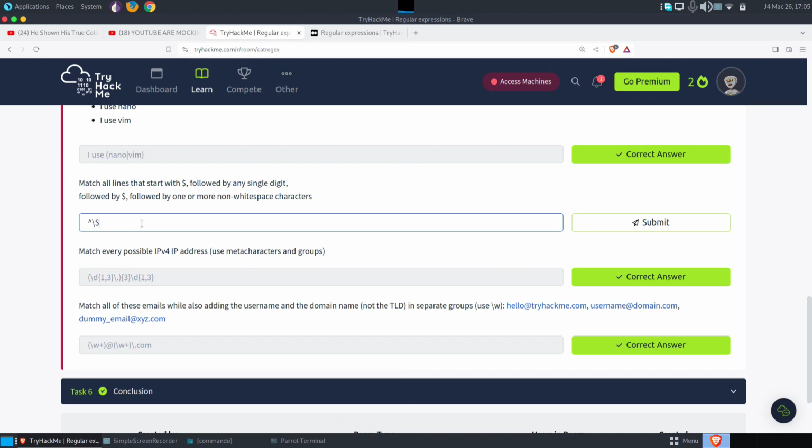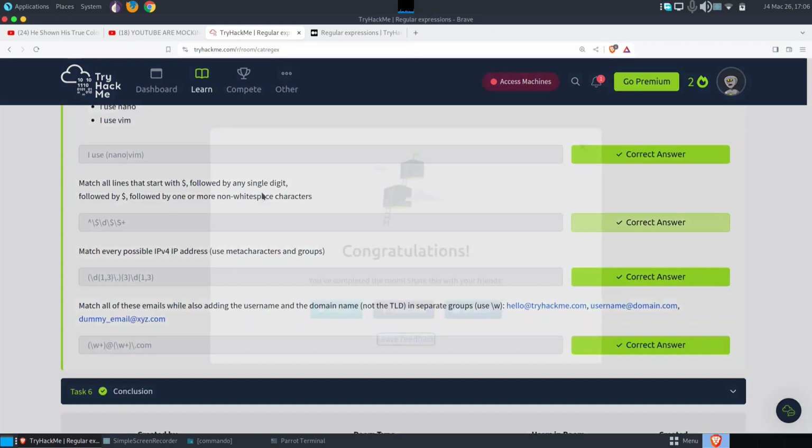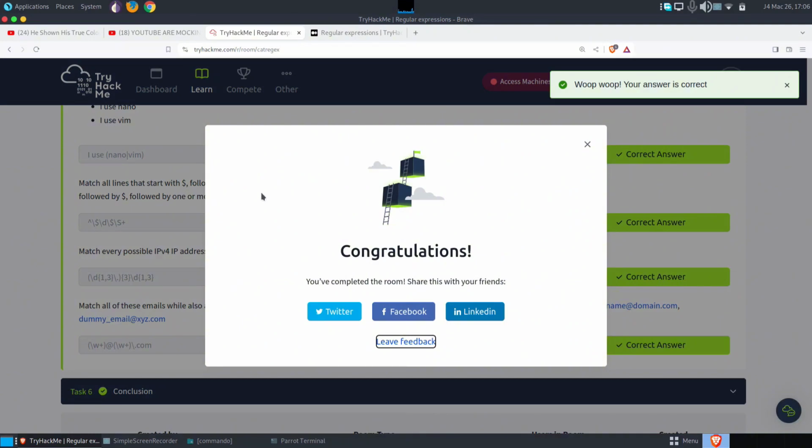Disable it first, like that, and then followed by any single digit, like this, \d, which is any single digit. Then followed by that again, we need to disable it, and after that we need to follow by one or many non-white spaces. So we're going plus. Yeah, it is still wrong. Why is it still wrong? Okay, we do this one. We go to \d, like this one. Okay, what if I do it like this? It is correct. So we just need to put \d like that, and like that we have just completed